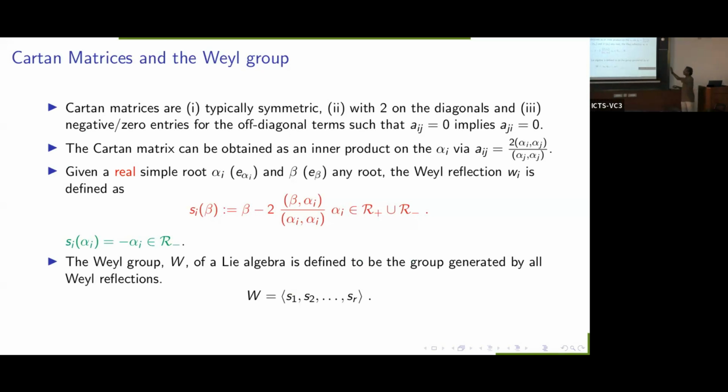I mean, in all our examples, I assume they are symmetric. Okay, but there's even something called symmetrizable. You can relax even that condition. But I'm just taking... Okay, so